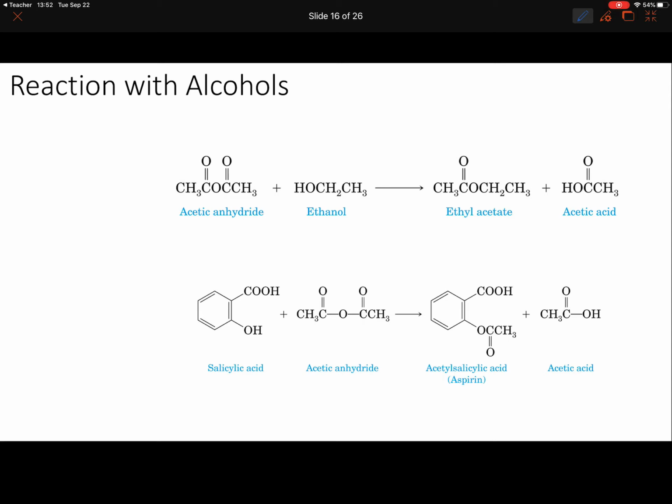All right, reactions with alcohols. Let's look at how anhydrides actually react with alcohols and phenols to give esters and carboxylic acids. We talked about how we could react these with